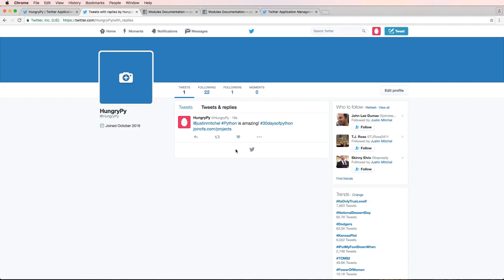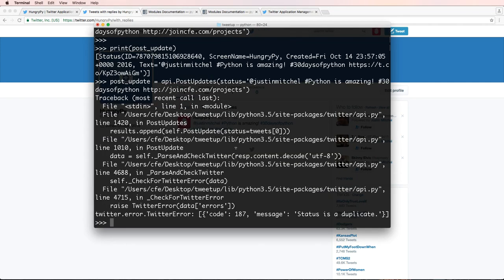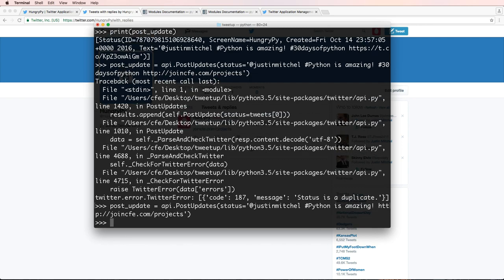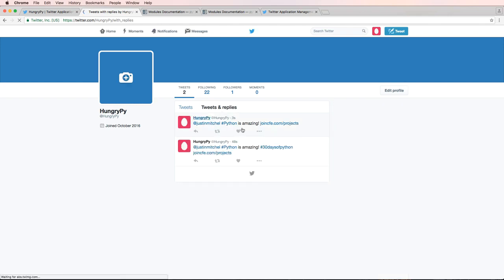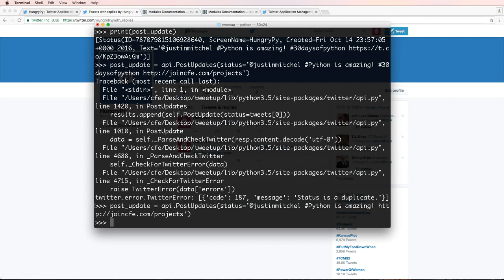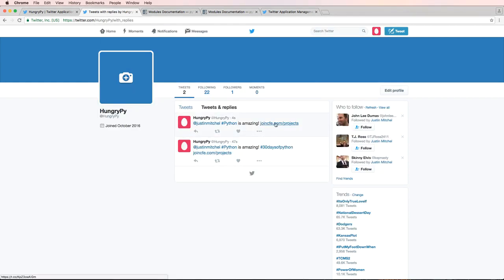In fact, we could do it again if we wanted to. Let's do it again. Status is a duplicate. Can't actually do it more than once. So there are some limitations to how you actually do this, but that is pretty much it. So if I got rid of some stuff and just said Python is amazing, there it goes, right? Notice it got rid of the HTTP. It just left it at joincfe.com/projects. So there is a way that's actually going to shorten that